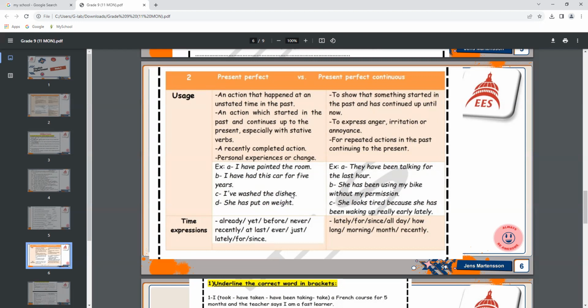What about "ever" and "never"? I can use them to ask about experiences. Have you ever watched that film? No, I have never watched it. And of course, we have to focus on "since" and "for." Since, we use it with a starting point in time, like I have